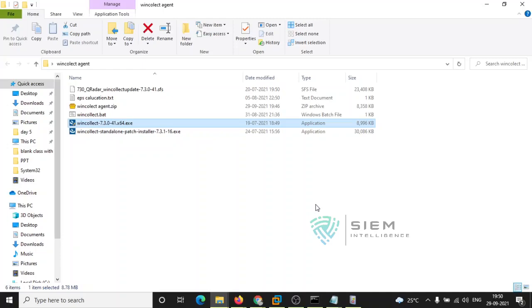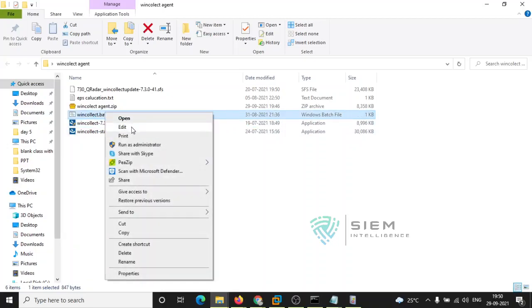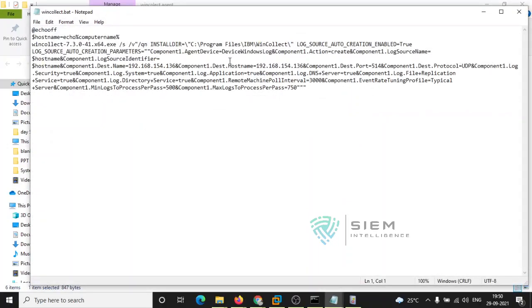You are giving switches and options to that exe file, through the batch file. You give switches such as verbose, the folder where you want to install, the destination server, the host name, the log source identifier, the port, the protocol, and the poll interval. There are so many options.